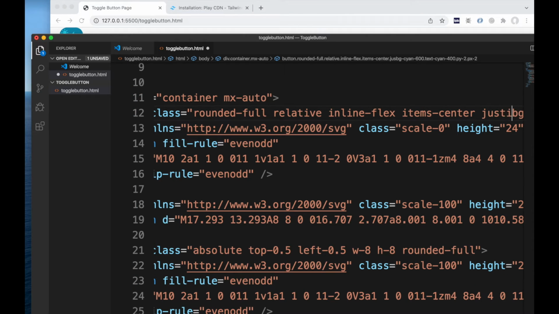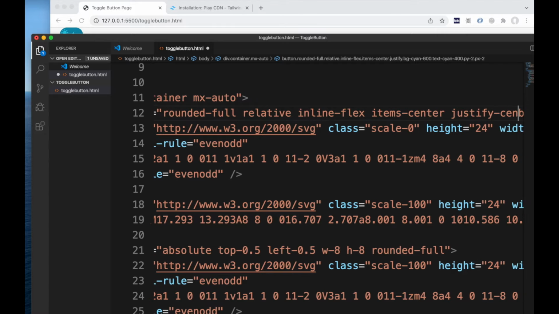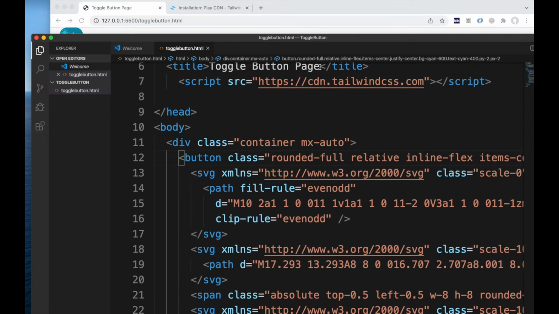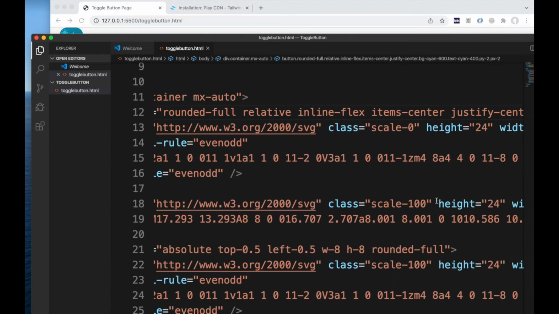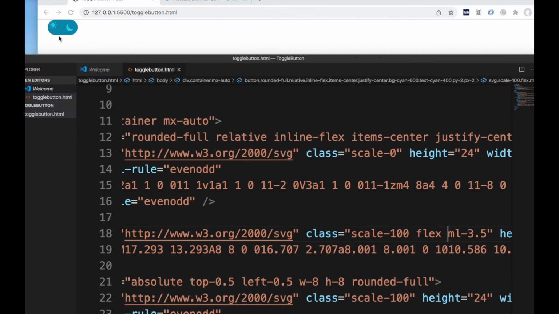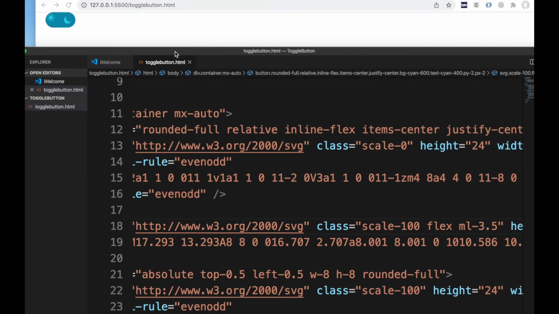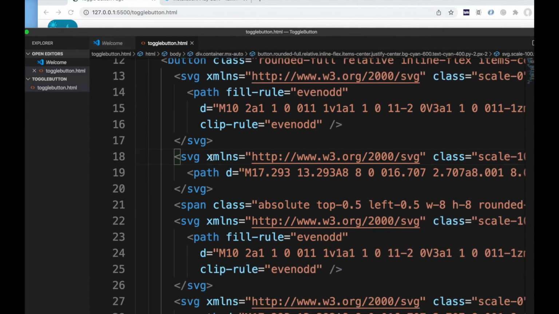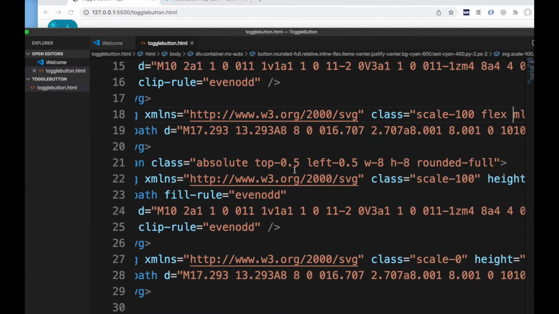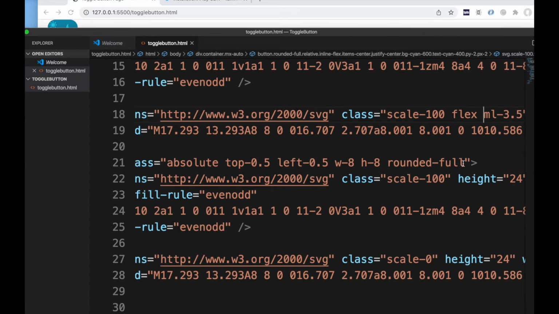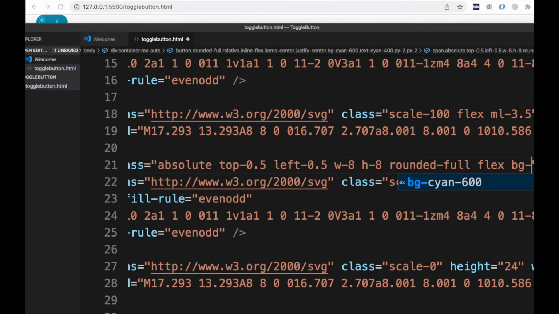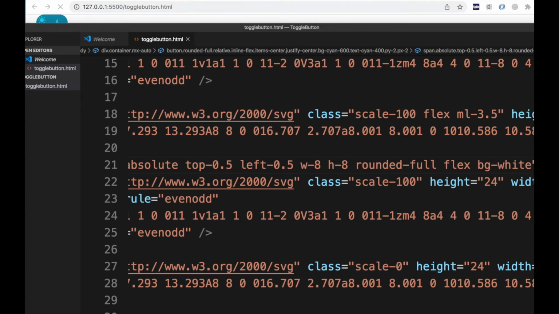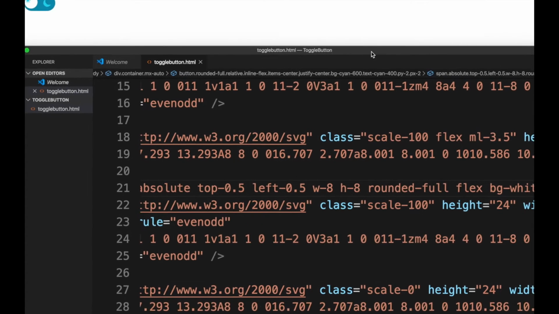I think that would work. And then we also need some margin here, and I would just say you correct the circle, sun and the circle both. So for that one we have rounded-full and bg-white. Okay, so